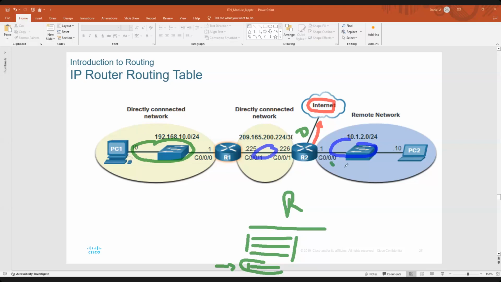አር1 ወደዚህ መሄድ ይችላል፣ ሶሪ አር2 ወደዚህ መሄድ ይችላል፣ ወደዚህ መሄድ ይችላል፣ ሪሞት ኔትወርክ መሄድ ይችላል። ከዚህ ውጭ ካልሆነ ወዴት ነው የሚሄደው? ወደ ኢንተርኔት። ለምሳሌ ይሄ ፒሲ google.com ቢል google.com እዚህ ጋር የለም፣ እዚህ ጋር የለም። አማራጩ ምንድነው? ወደ ኢንተርኔት። ስለዚህ google.com ሪኩዌስት ሲመጣ ለአርቱ ያየዋል፣ ዳይሬክትሊ ኮኔክትድ አይደለም። ያየዋል፣ ስታቲክም ኮንፊገር አይደለም፣ ዳይናሚክም አይደለም። ስለዚህ በማን ያስወጣዋል? በዲፎልት።